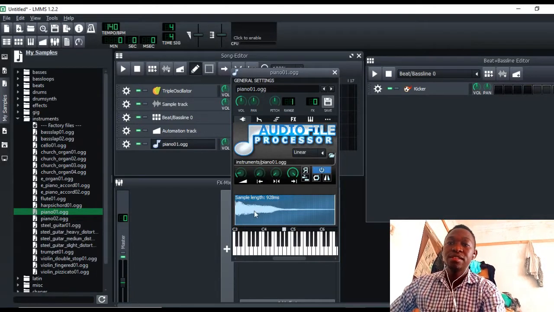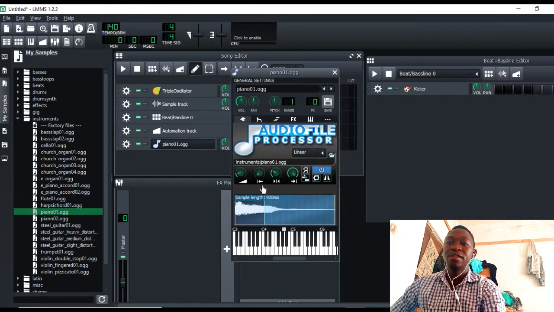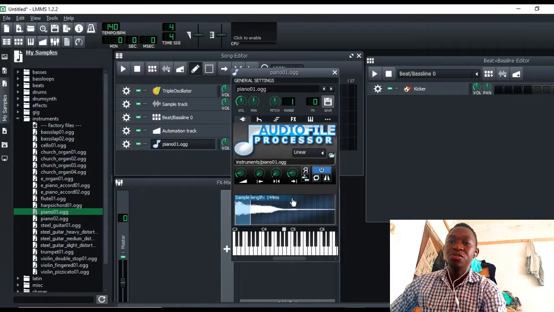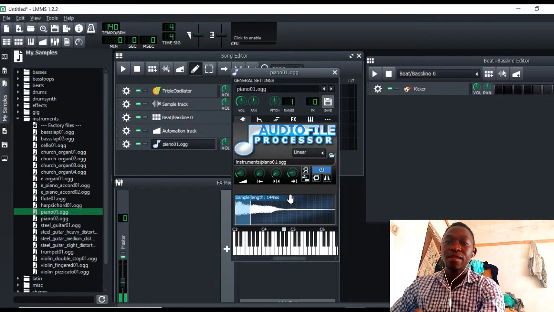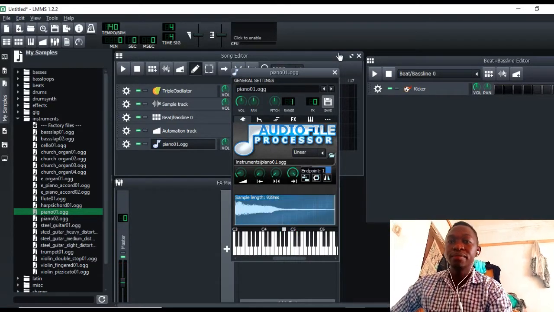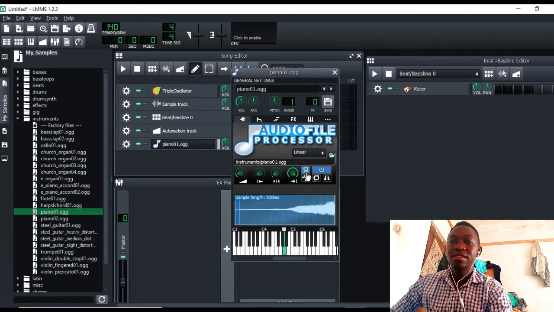So you can see the change here. And this one is where you can chop it up. Let's say you wanted to chop it up, something like that. So it's chopped up. And reverse,